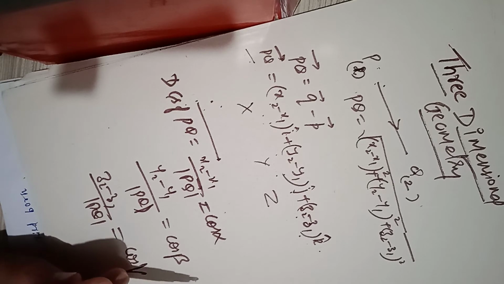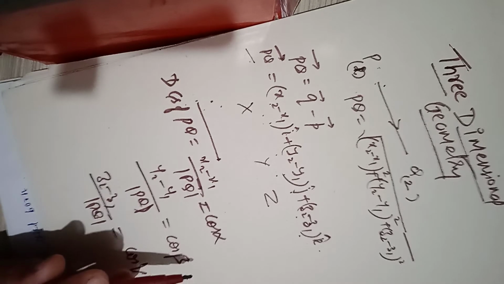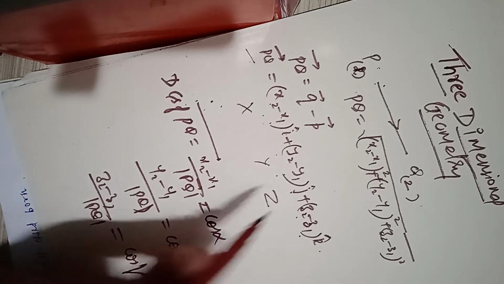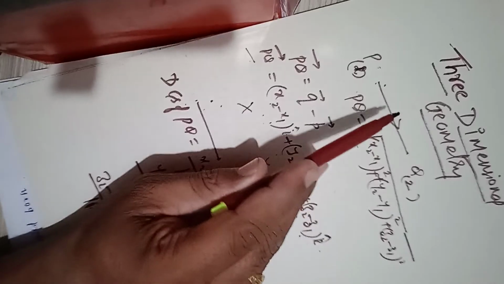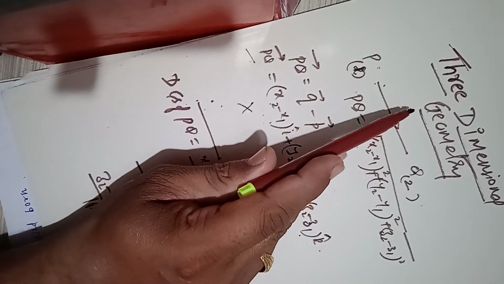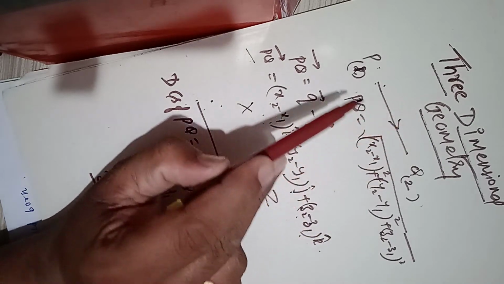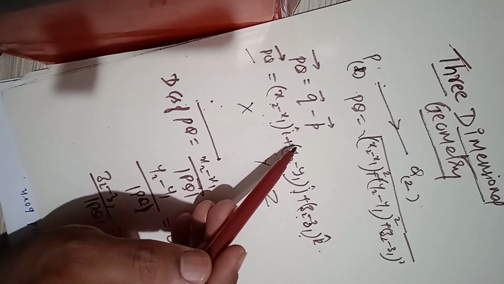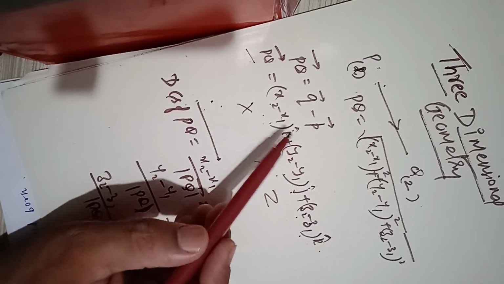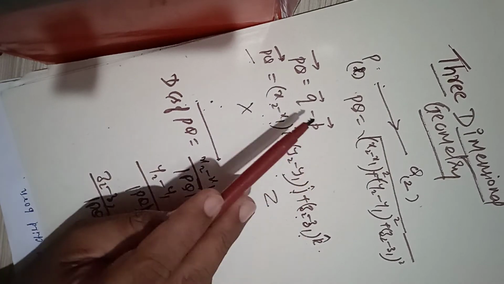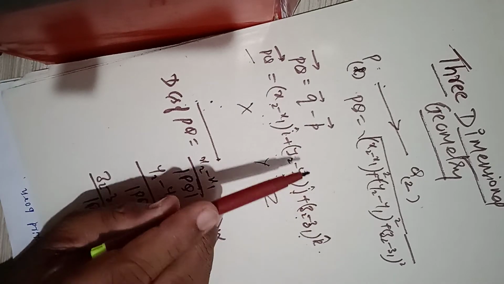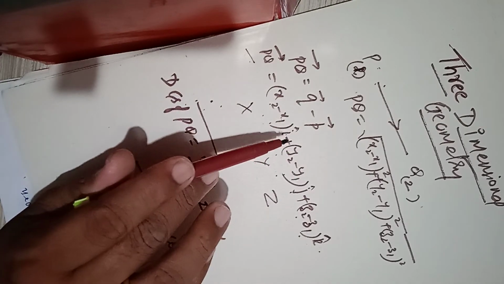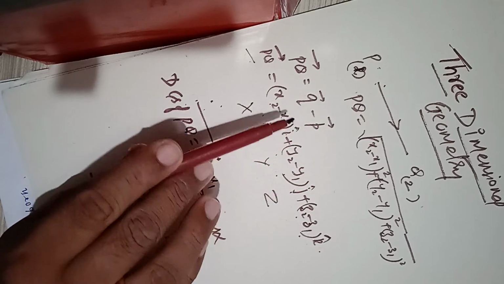Also we will study the shortest distance between two lines. We will study the distance between a line and a plane, and also we will study how to find the mirror image of a point under a line, mirror image of a point under a plane, mirror image of a plane, mirror image of a line in a plane, and also we will study the distance between two parallel planes, distance between two parallel lines, all these concepts, and also we will take a look into the angle between two lines in space, angle between two planes in space, and also angle between a line and a